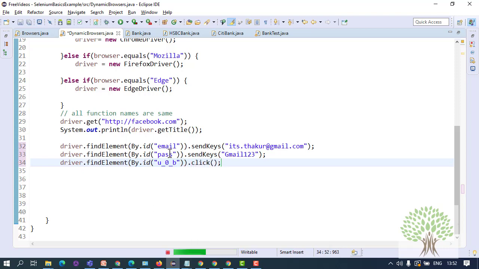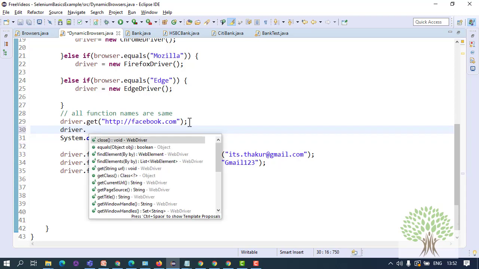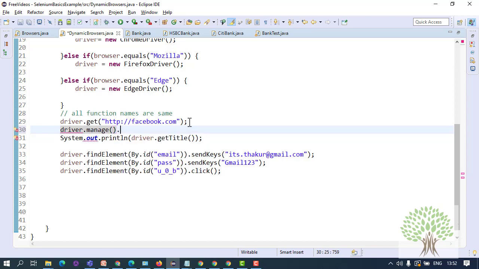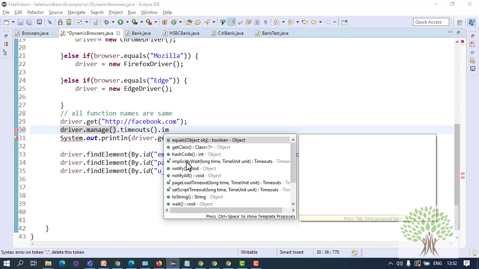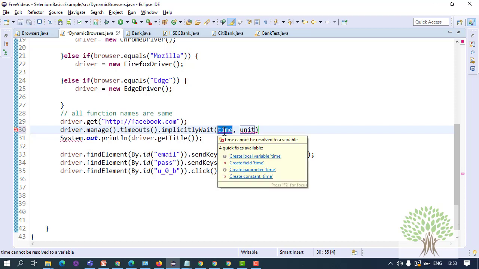So it's good practice to include some implicit wait in your program. You can write driver dot manage dot timeouts dot, hold on. Yesterday we had seen about implicit wait, right? That what actually it can do. It's a dynamic wait. Fine, so you can add some implicit wait over here.